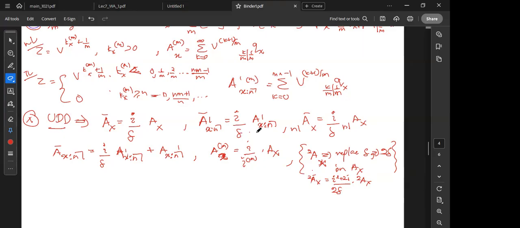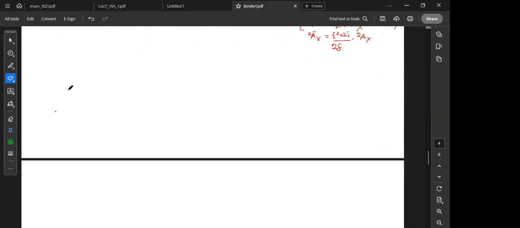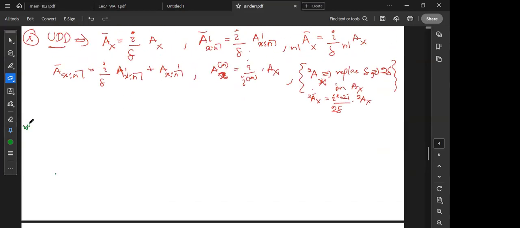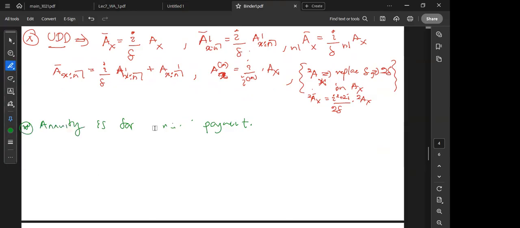And now we can move on to the annuity part. So in here, as I mentioned, the annuity is for benefit payments. So throughout the annuity, we take the present value of the benefit payment. Sorry, it's not benefit. The previous one was for the benefit payment, and this annuity is for premium payment. So up to this point, these capital A's were for benefit payments, and now we are shifting to simple a's, which are for